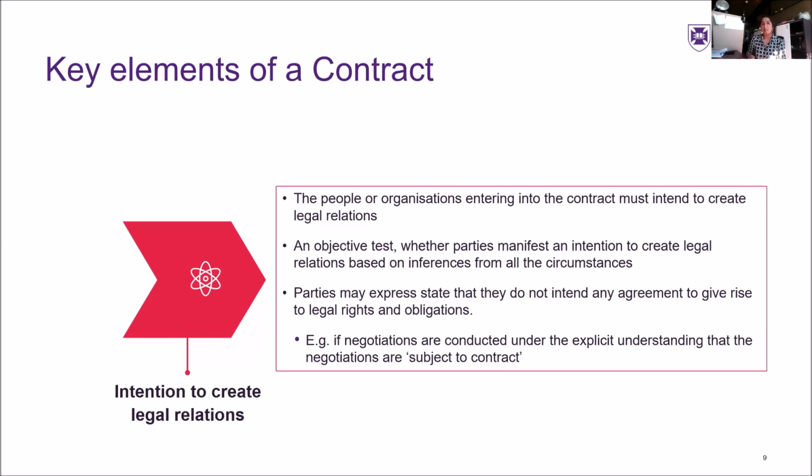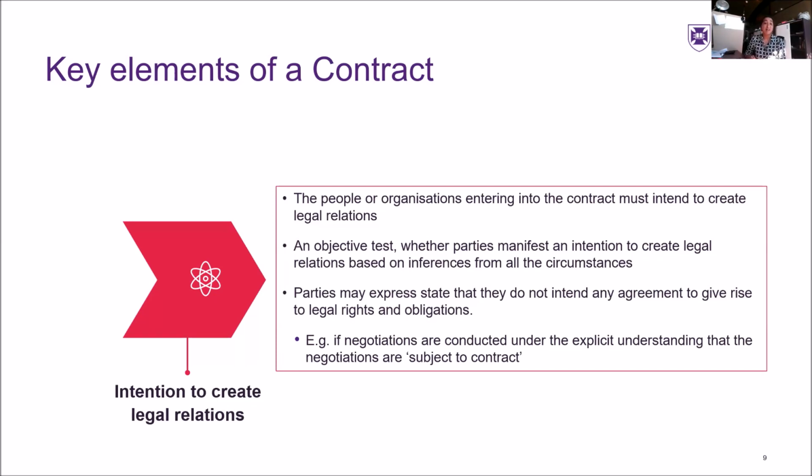This might include things like the subject matter of the agreement, the relationship between the parties, and surrounding circumstances. If it was two corporations dealing with one another and doing things like an offer and acceptance, an intention to create legal relations would be quite obvious and taken quite easily from the circumstances. But there are no universal prescriptive rules on this, because the circumstances of each assessment might vary.